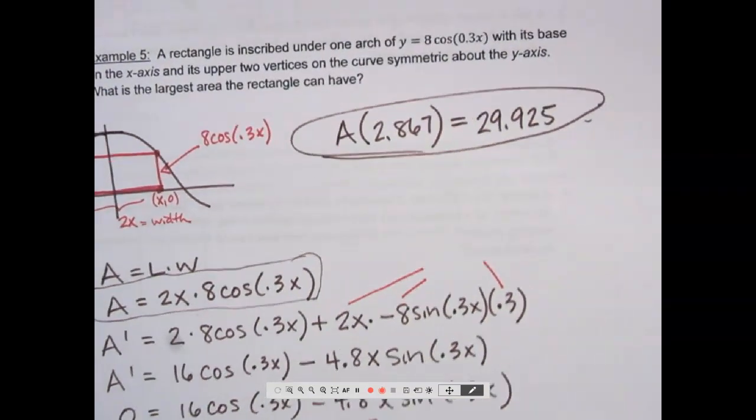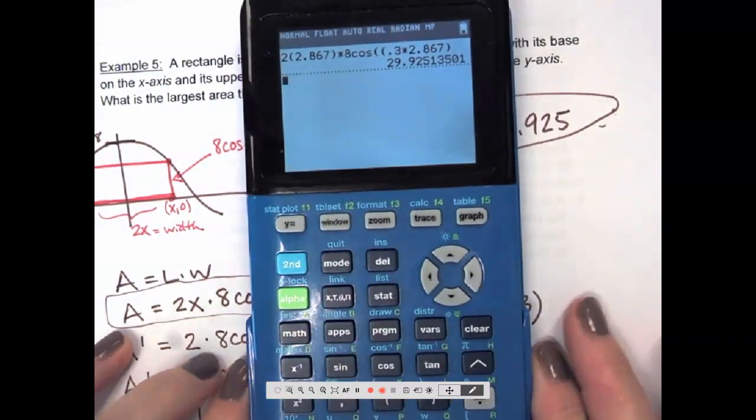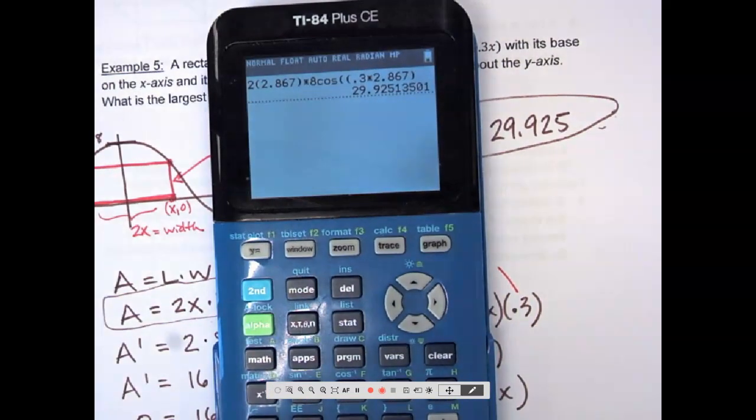Okay, any questions on that one? I'm not getting the right answer. Did you leave out an x this time? What do you think? Here's mine. See what you have and don't have. Is it 2 times